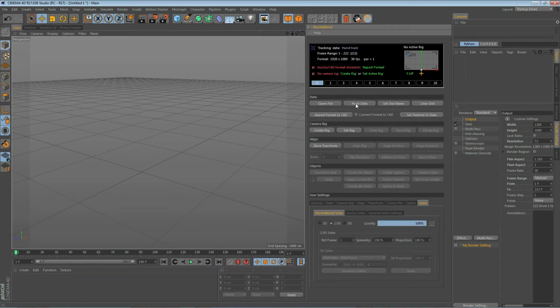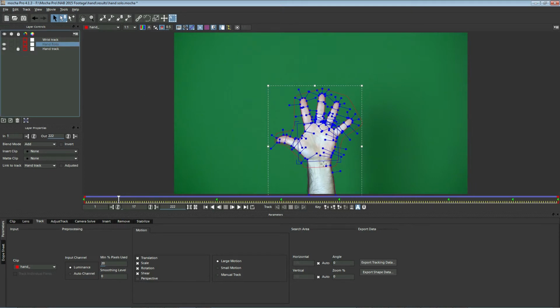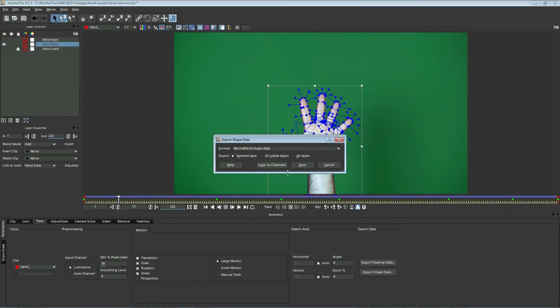and paste it in. There's our hand track layer. So let's go back to Mocha and take a look at our hand roto. So now we're going to export this roto here. If we turn off hand track, you'll see a little more clearly what we're exporting. This time we're going to select Export Shape Data. We're going to select the MochaBlend Shape Data Exporter,